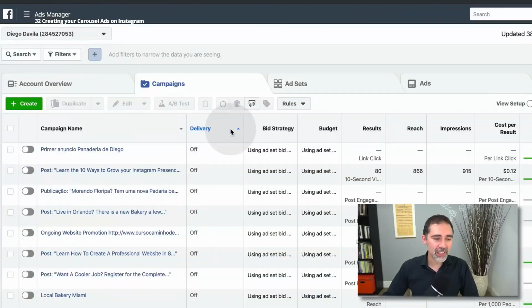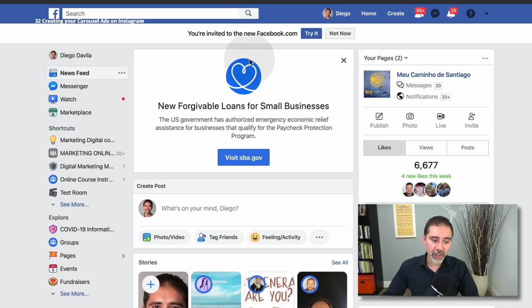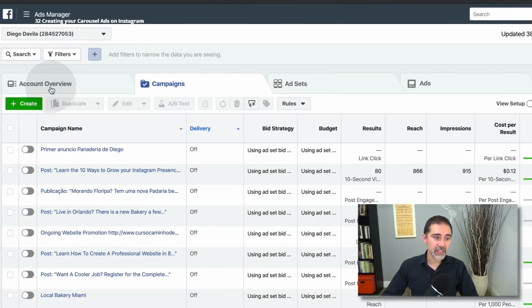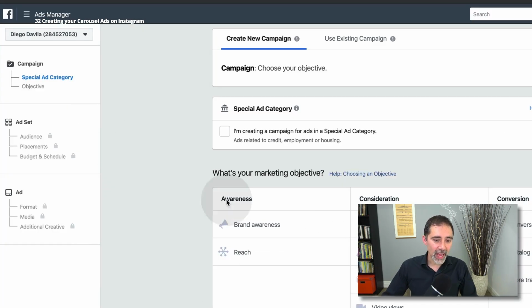Okay? Let's go right now to the Facebook Ads Manager. Here we are. If you are not here, you can just come to Facebook and click on Create and Create Ad. You will be forwarded to this page. In the Ads Manager, we click on the Create button to create a new ad. And here we